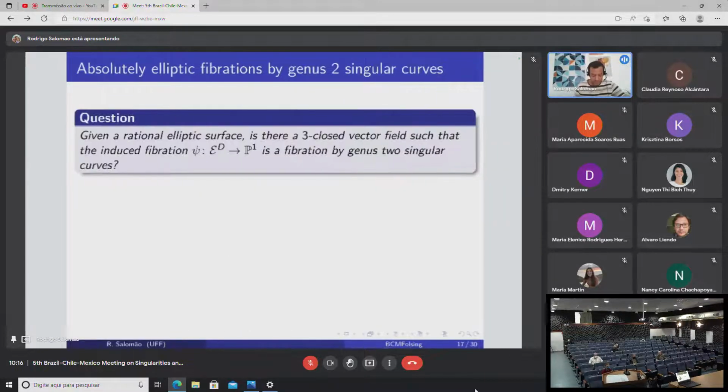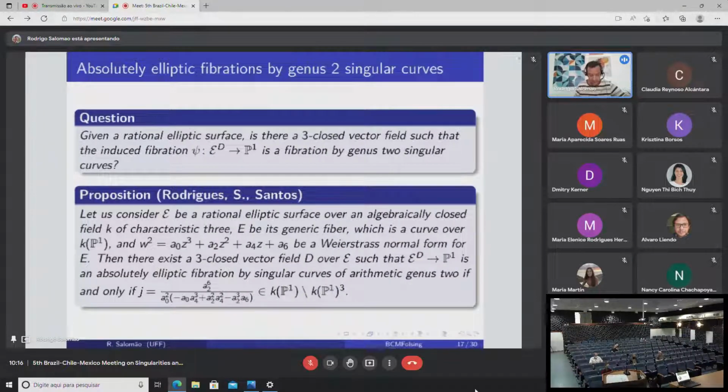So in this way, it is natural to ask if given a rational elliptic surface, is there a tree-closed vector field such that the induced fibration is a fibration by genus 2 singular curves? And we can answer this question,